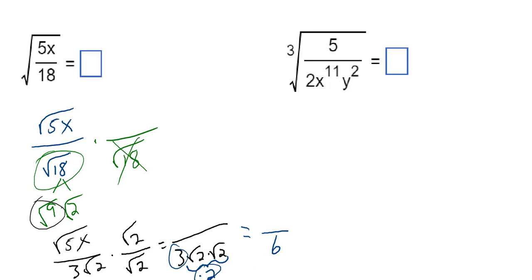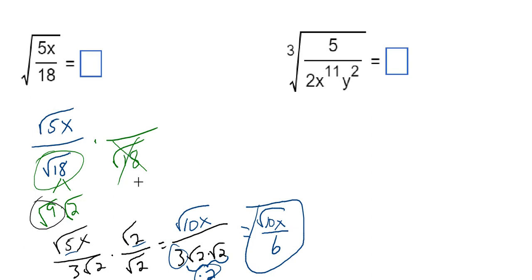Okay, so 3 times 2, which gives me 6. I go back to the numerator, multiply these together into a single square root. We'll have 5 times 2, which will be 10. And the x just gets copied over. Nothing from that simplifies, so we're just going to copy it over to the answer, and that'll be my final answer. So we get square root of 10x over 6,